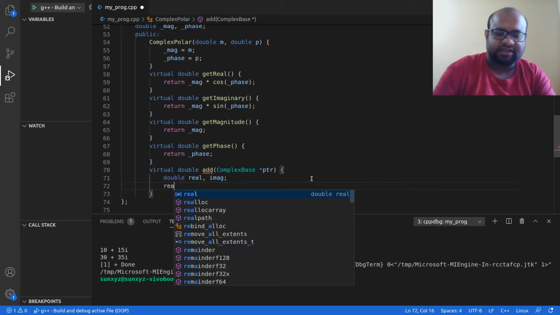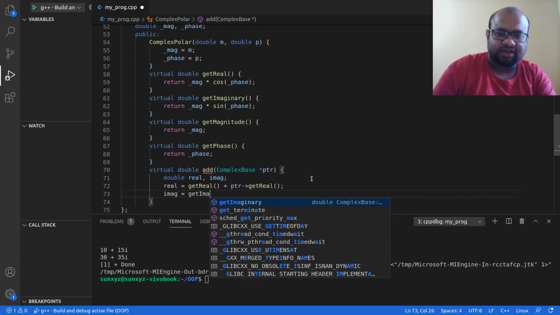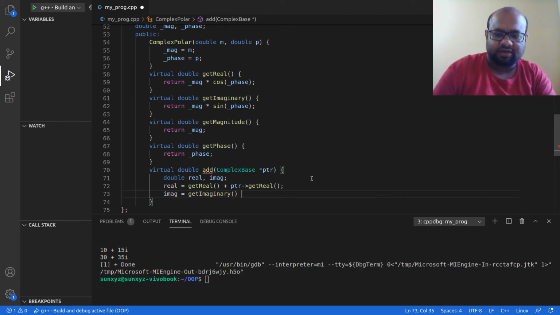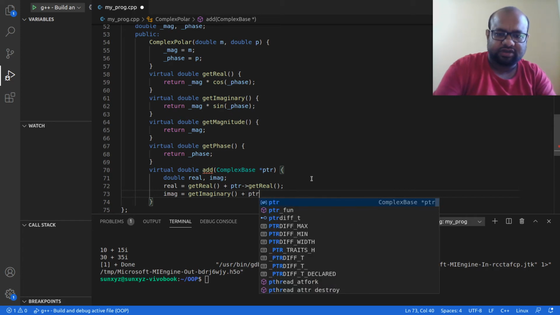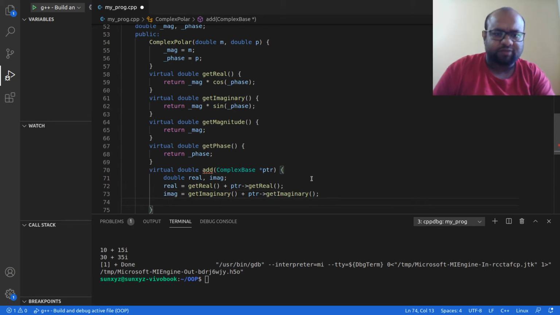Then real is equal to get real, the real of this current object, plus, from the pointer, I'm going to get the real part of the pointer. Imaginary is equal to the imaginary part of this current number plus, using this pointer, the imaginary part of the object pointed to by the pointer.